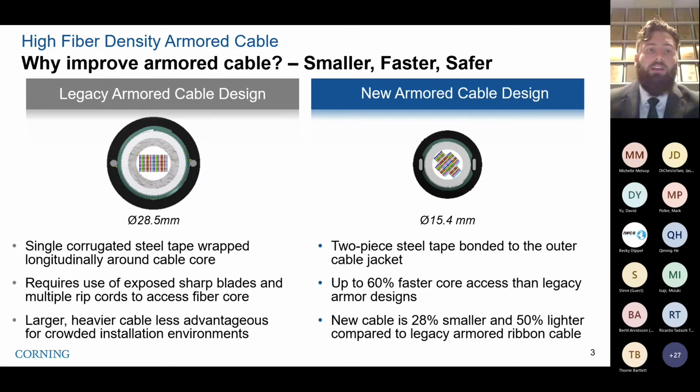But when you're looking at this legacy armored cable here on this left-hand image, we have a profile of our previous cable design. You'll notice that it's a single corrugated steel tape, which is wrapped longitudinally around the cable core. It's this greenish blue armored tape that you're looking at here. And so one of the disadvantages here is that this requires the use of sharp blades and multiple ripcords to